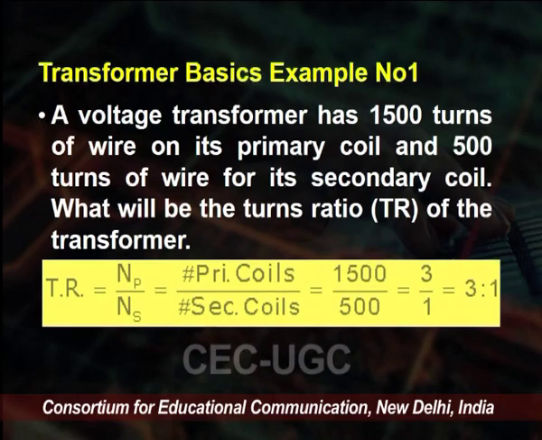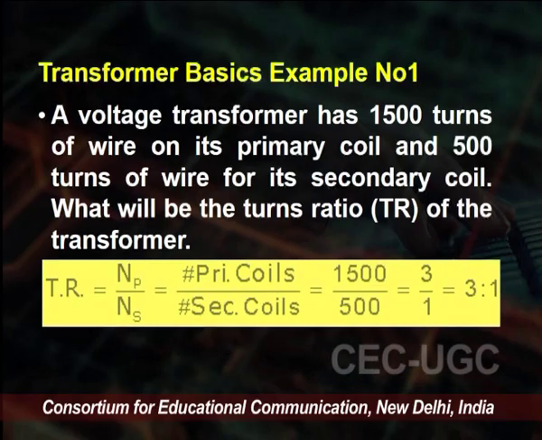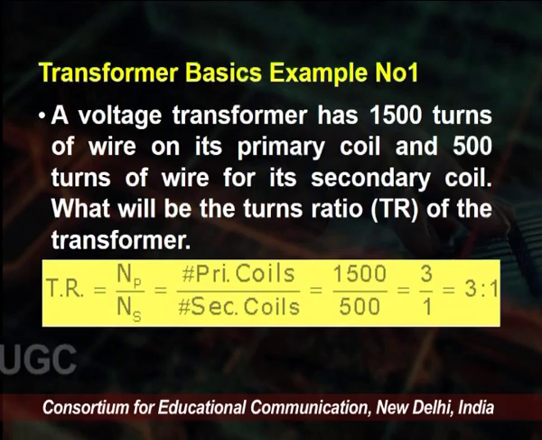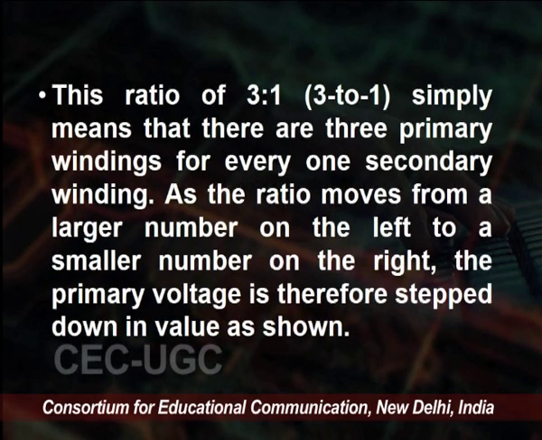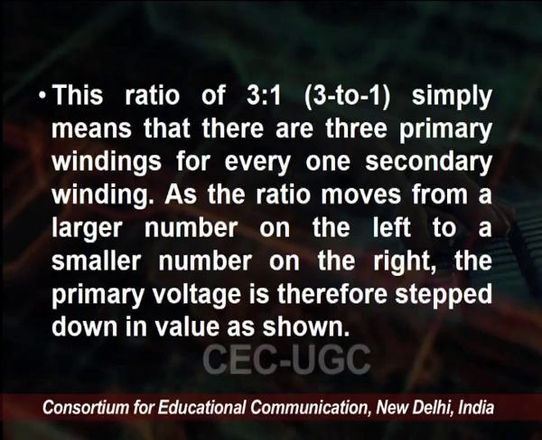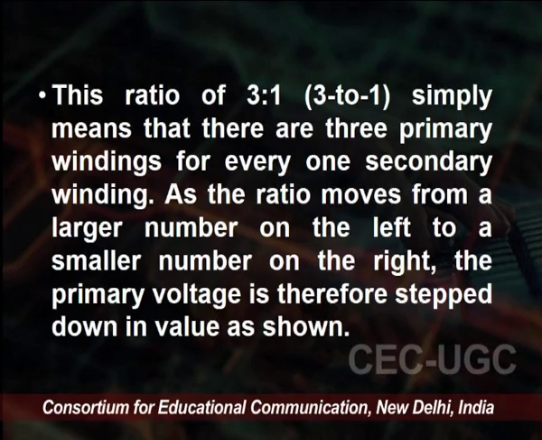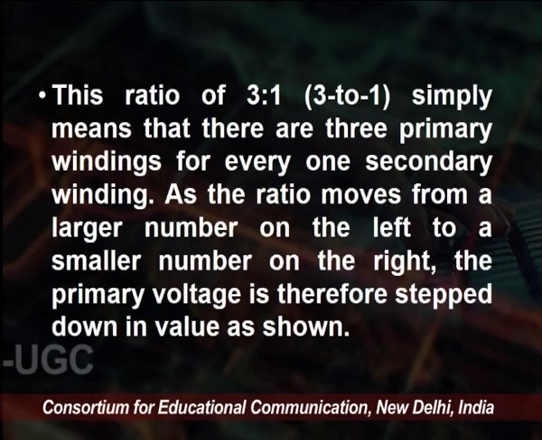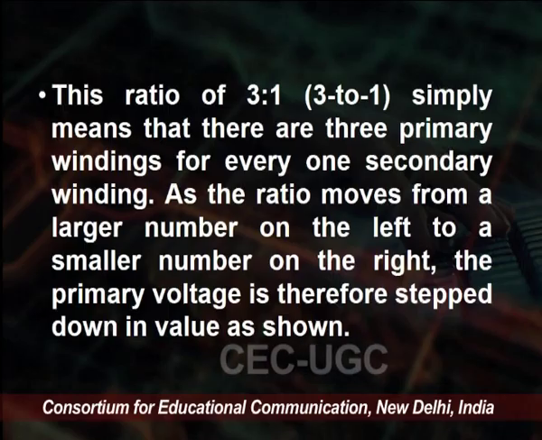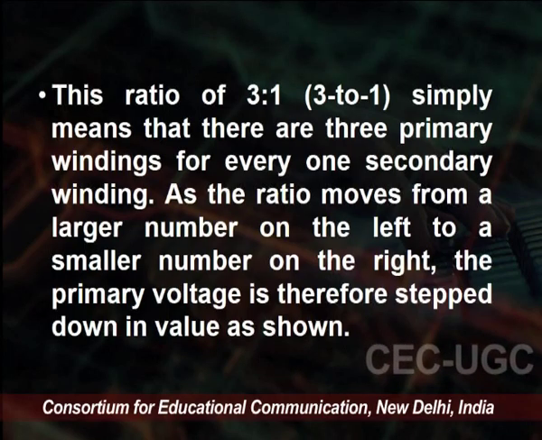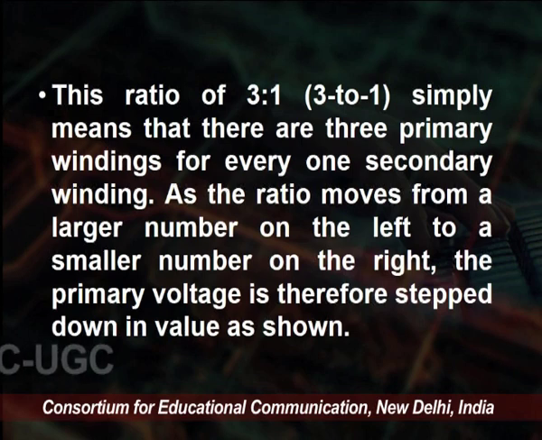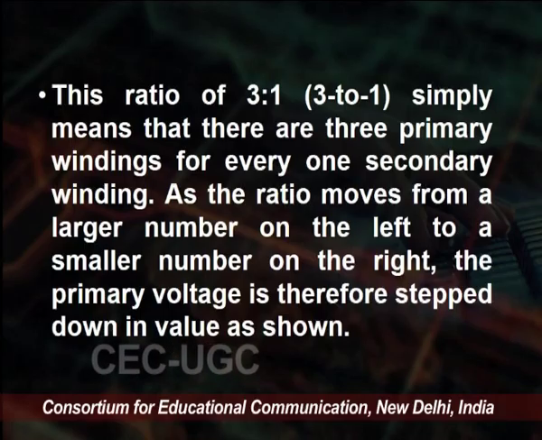We can write it as TR is equal to NP by NS, 1500 by 500, that will be 3 by 1, defined as 3 ratio 1. So, 3 to 1 simply means that there are 3 primary windings for every one secondary winding, and as the ratio moves from the larger number on the left to the smaller number on the right, the primary voltage is therefore stepped